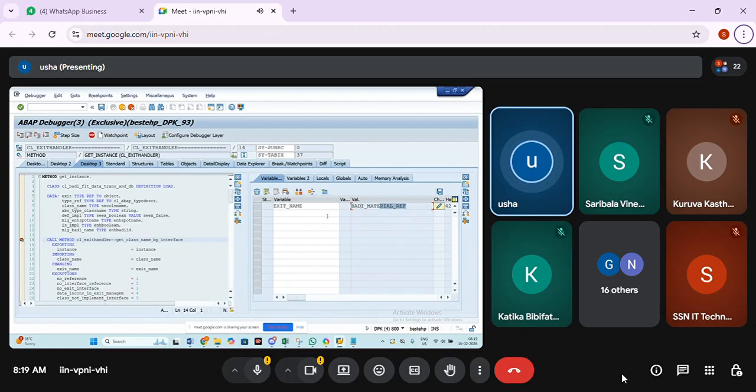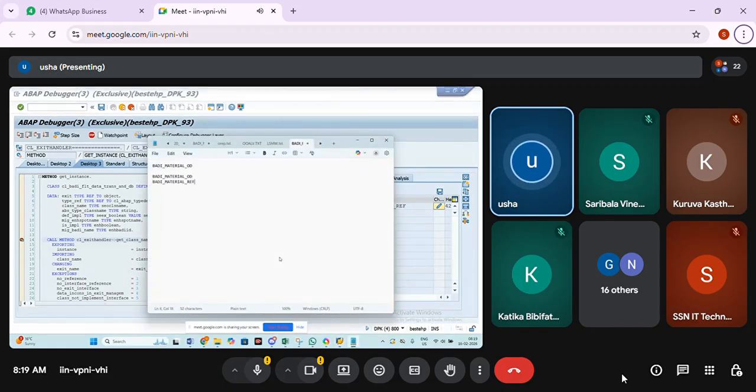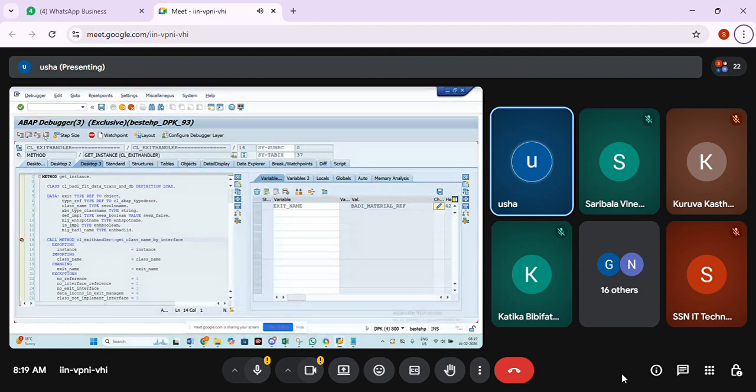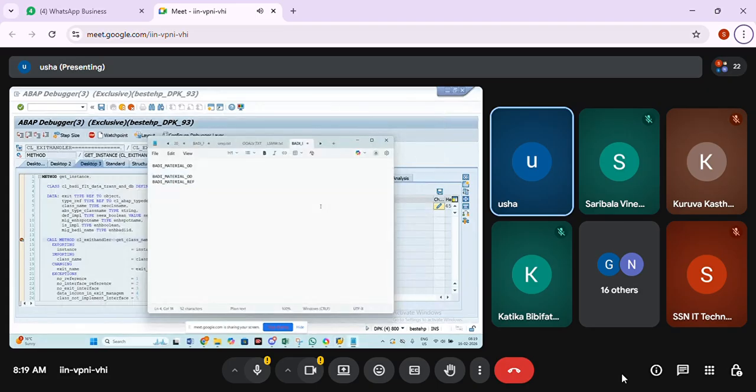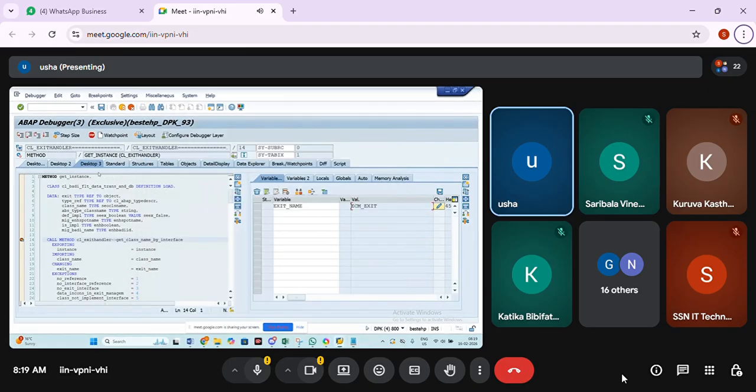You can see one more BAdI came. Copy it into the notepad. F8. F8.